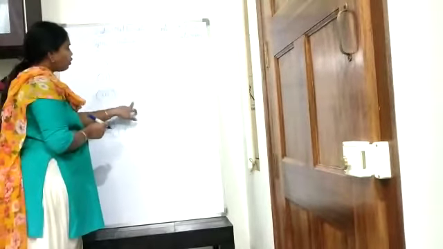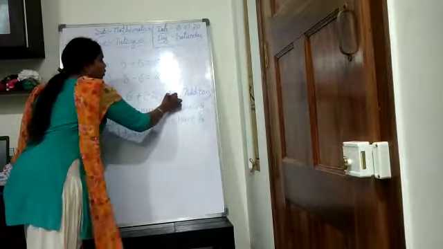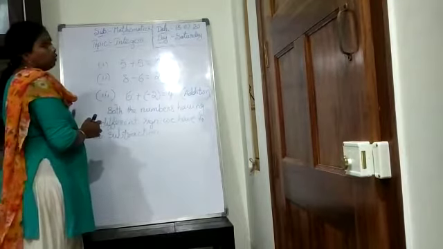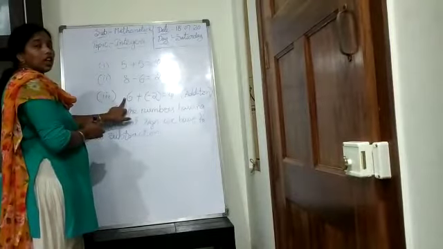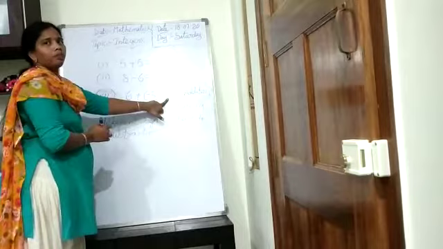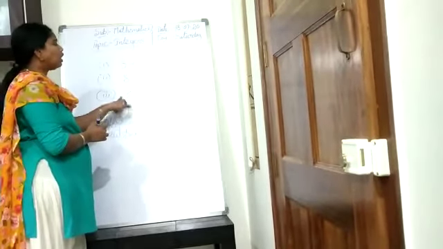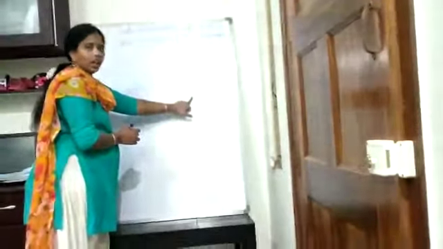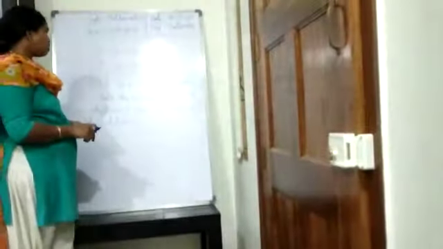See how you will do the subtraction. 6 minus 2, how much? 4. Which sign will we get? The bigger number has which sign? The same sign we will get for the answer also. Clear? The bigger number, which sign does it have? The same sign we will get for the answer also. Clear? Just remember this one.